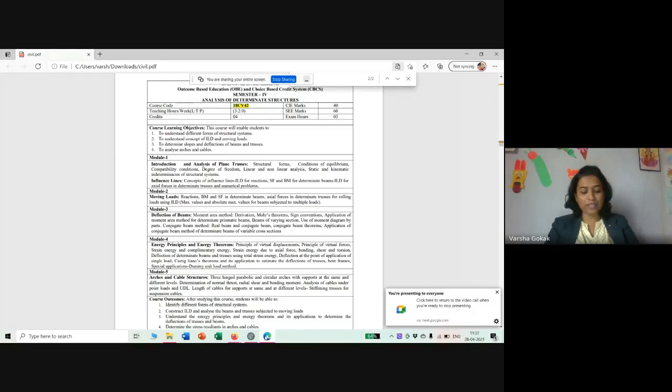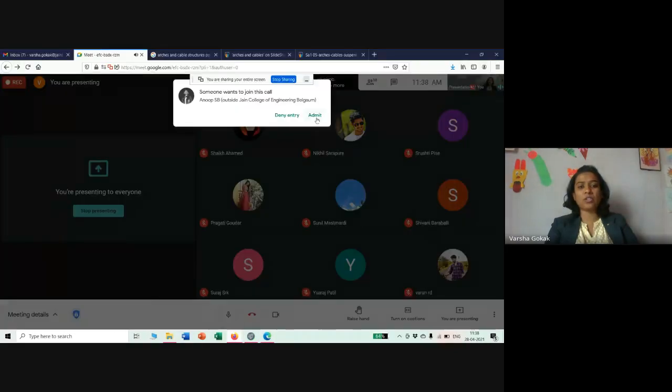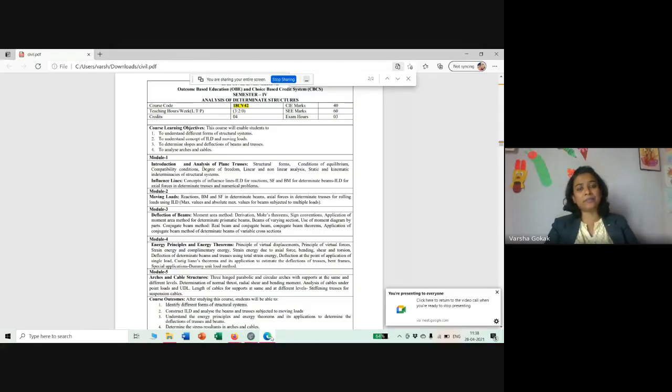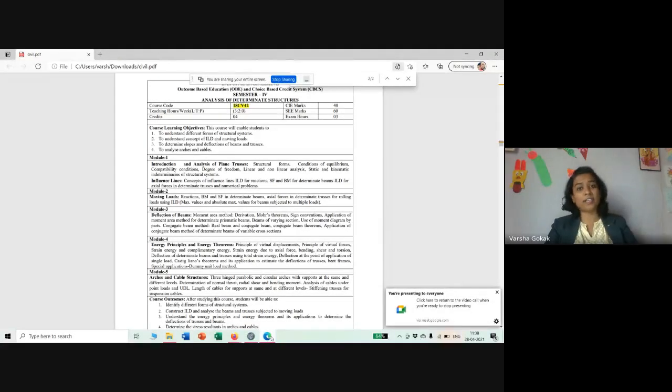So when you are doing beam analysis, or when you want to draw the shear force bending moment diagram, what was your first step? When I give you a beam, say one side hinged, one side roller, and ask you to draw the shear force bending moment diagram, how do you start? First, we used to calculate the reactions, ma'am. Correct. Very good. You draw the free body diagram and then you start with the reactions.